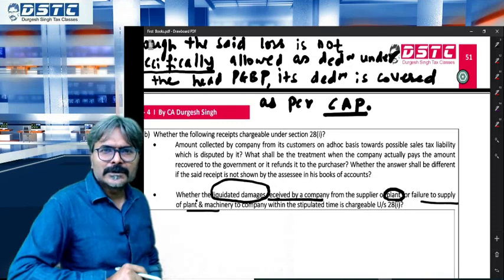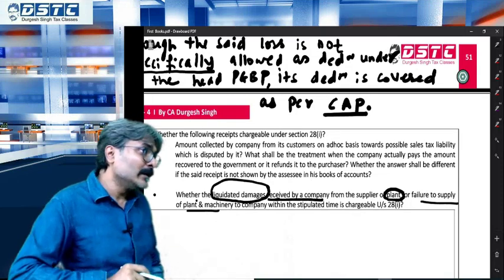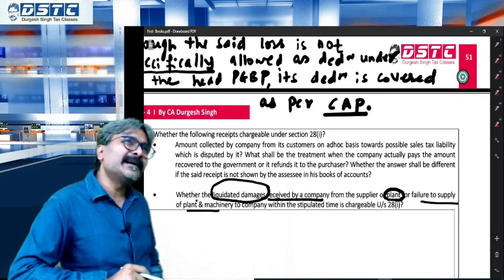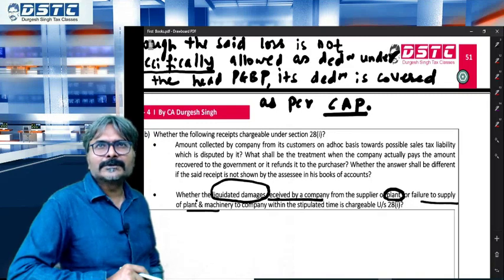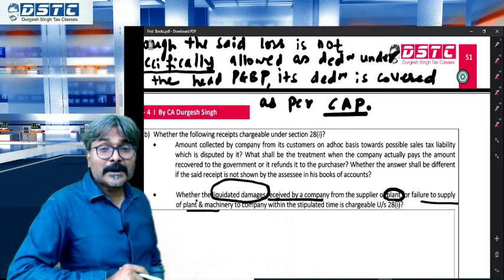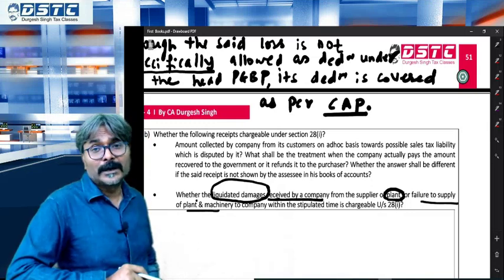Again, the answer is no. Since both answers are no, we will say that this amount credited in the profit and loss account of the books is not as per the commercial accounting principle, and therefore we will conclude that it is